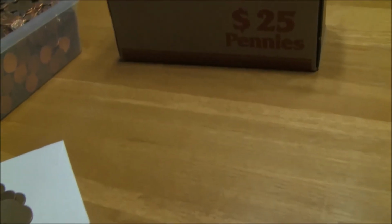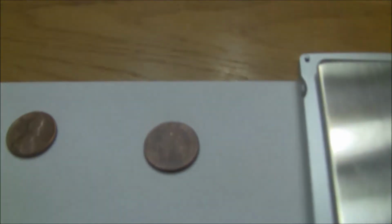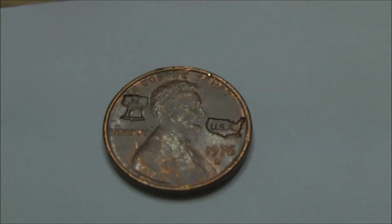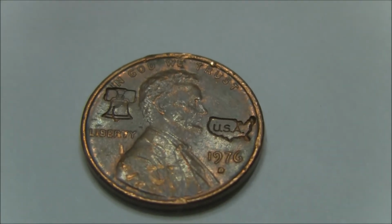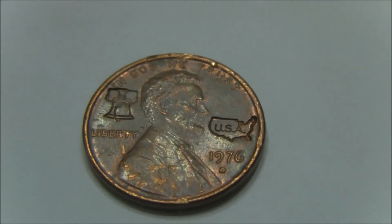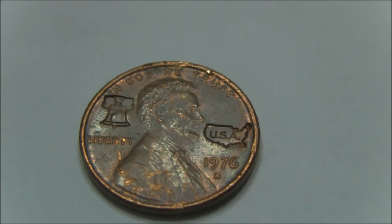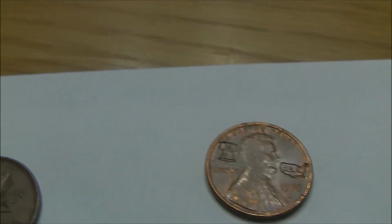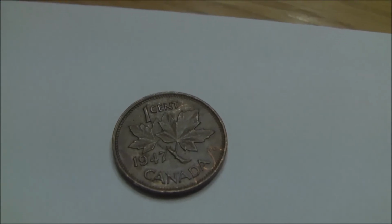Here's some other interesting pennies we came across. Right here. Here's a penny that's stamped. Must be some kind of aftermarket place that put the Liberty Bell and map of the United States there on that penny. Over here, this is kind of an interesting one. We came through